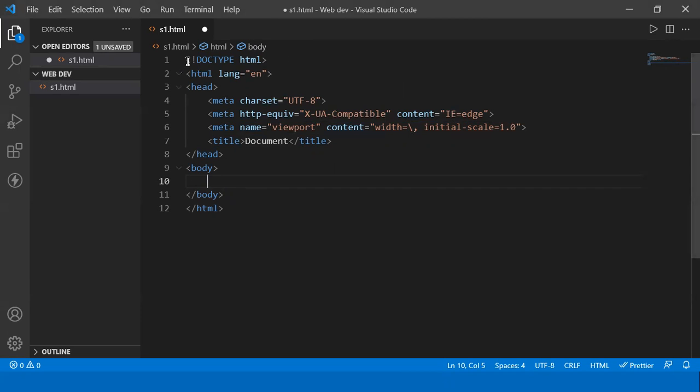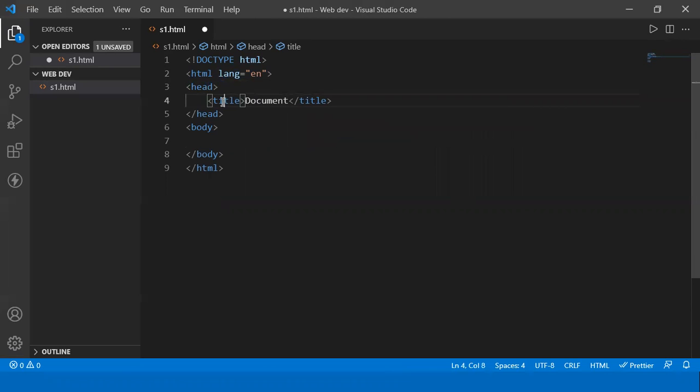It is saying that the doctype is HTML. Then what language is HTML going to use? The HTML tag also has an attribute, which is lang. It is the English language. Then in the header, you can ignore this for now. And after that, in the head, you can add the title. What will be the title of our page? Say